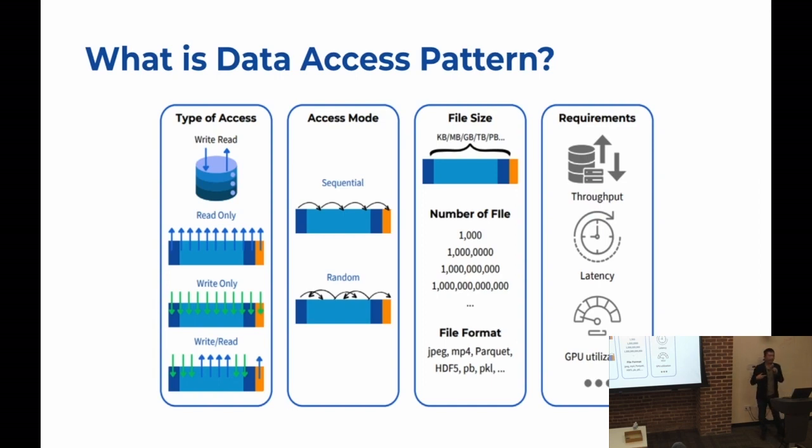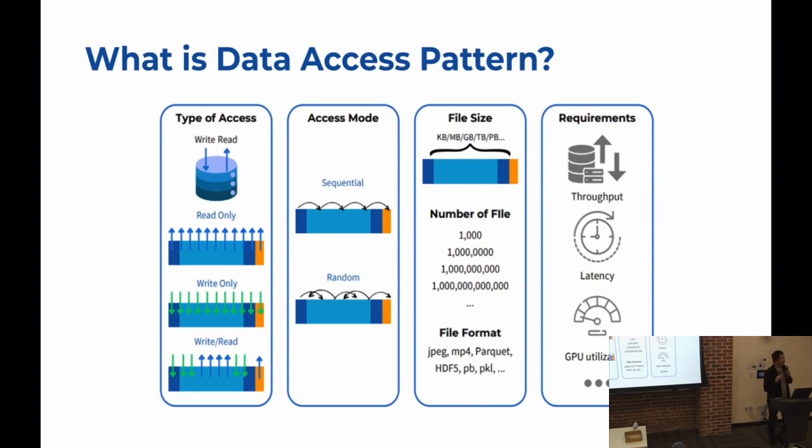If you are running some machine learning training job, mostly you won't change the training data, right? You load the raw data from the remote and do some training job. But when you finish your training, you want to write some checkpoint, some model you trained. Probably in this case, it's write only. Right? So during the different stages, you may have different types of access. Probably just read, probably maybe write. Sometimes maybe you combine the read and write together.